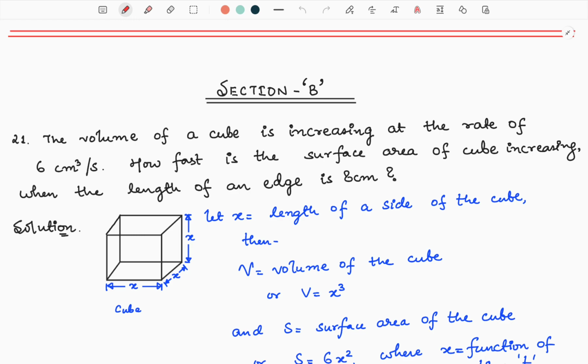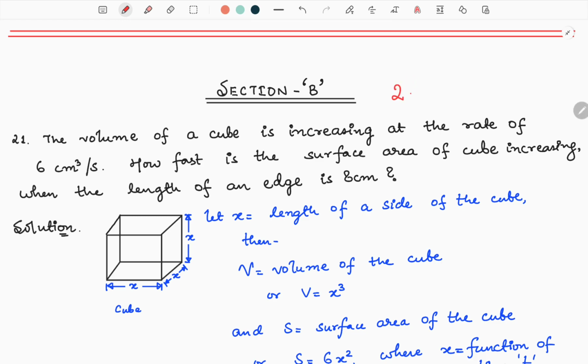In the last video, we have seen section A of the class 12th mathematics examination, which was conducted on March 9, 2024. In this video, I'm going to solve section B. Section A consisted of MCQs and assertion-reason based questions, which are 1 mark type questions, and in section B, you will get